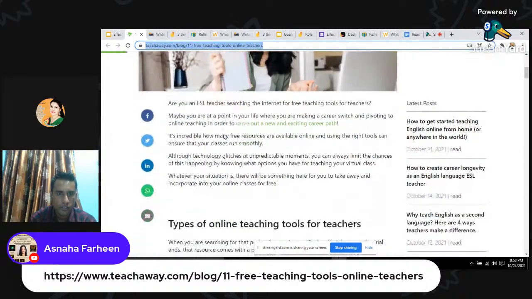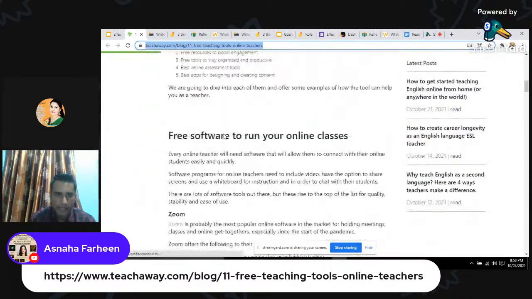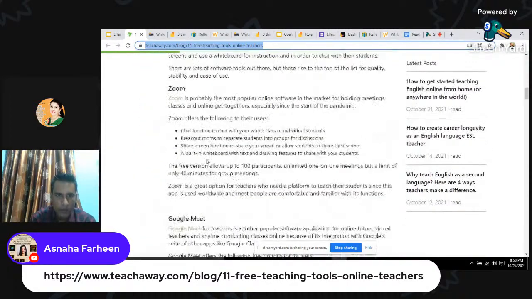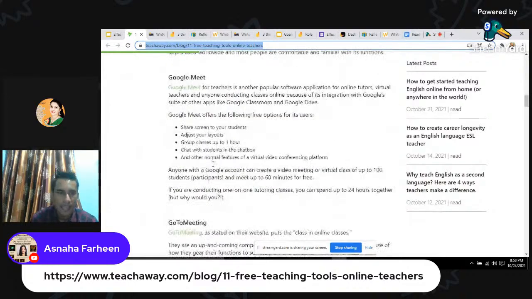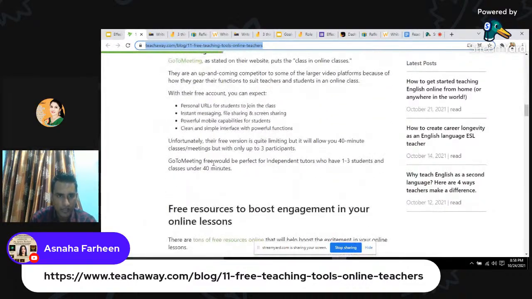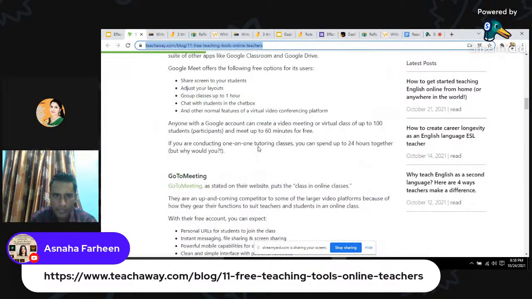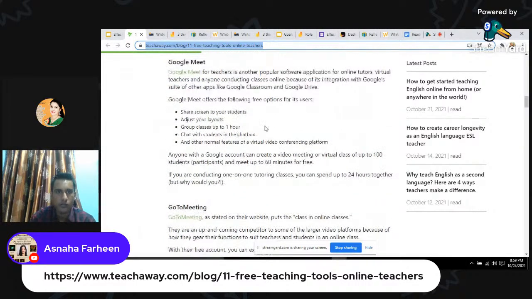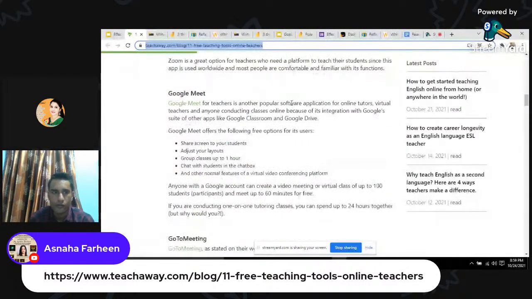So you need to read it. You can quickly see what tools we can use, and then you need to give a reflection in the Jamboard, Google Jamboard. So quickly read it. I'm going to share the screen as well, so those who cannot read from your phone can read it from here. I have shared the link in the comment section as well.